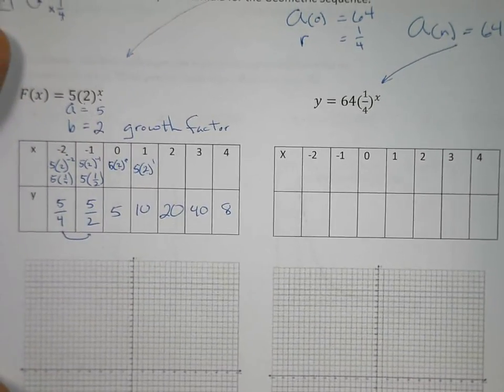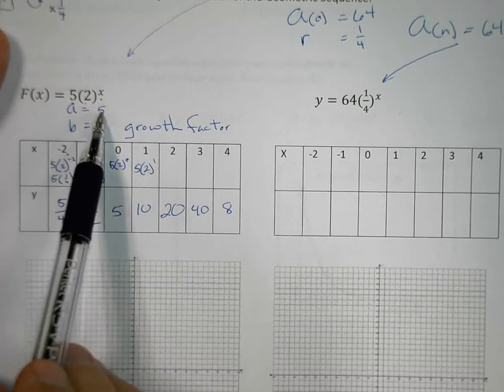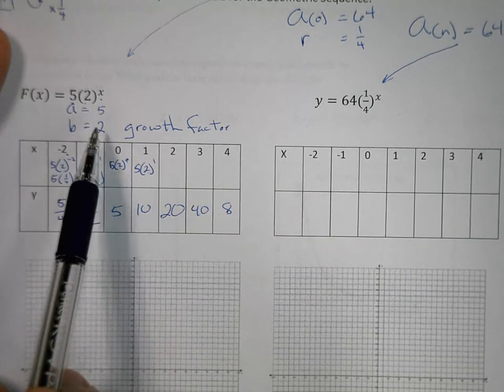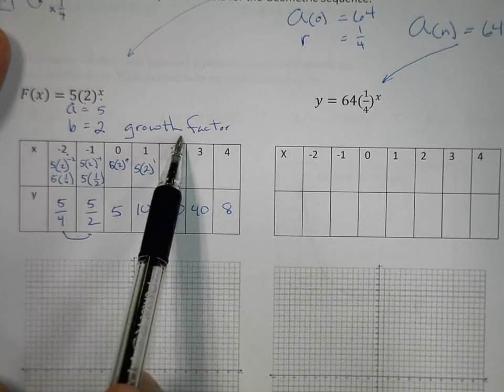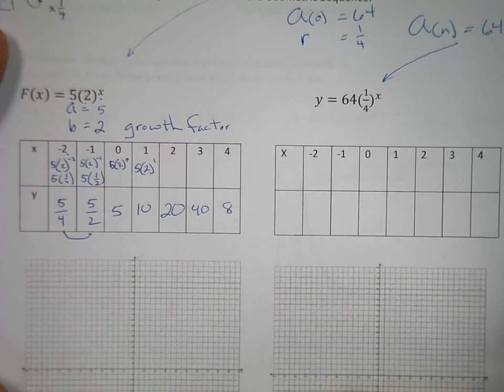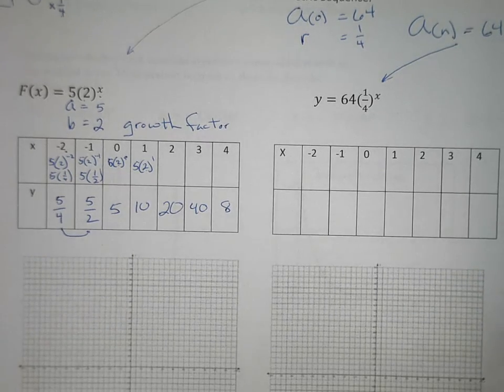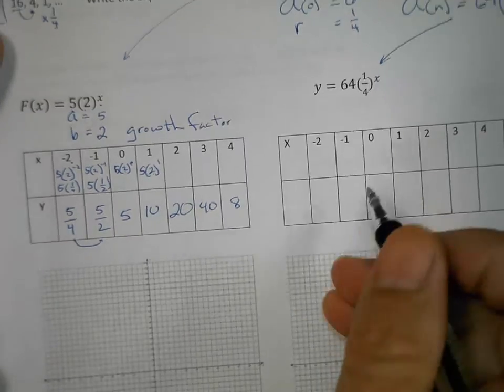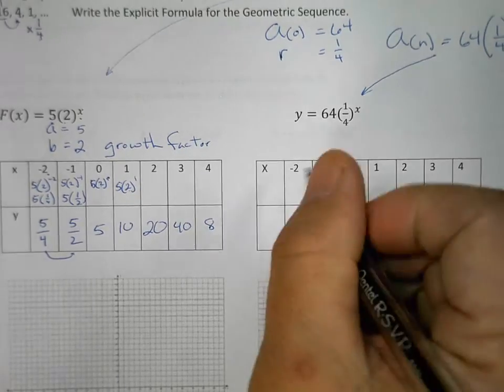All right, let me get that back in there. So A is our initial value. B is our growth or decay factor. And when B is greater than 1, it is a growth factor. And hopefully we can show that right here. All right. So let's take a look at this guy over here, and let's plug in our values for x